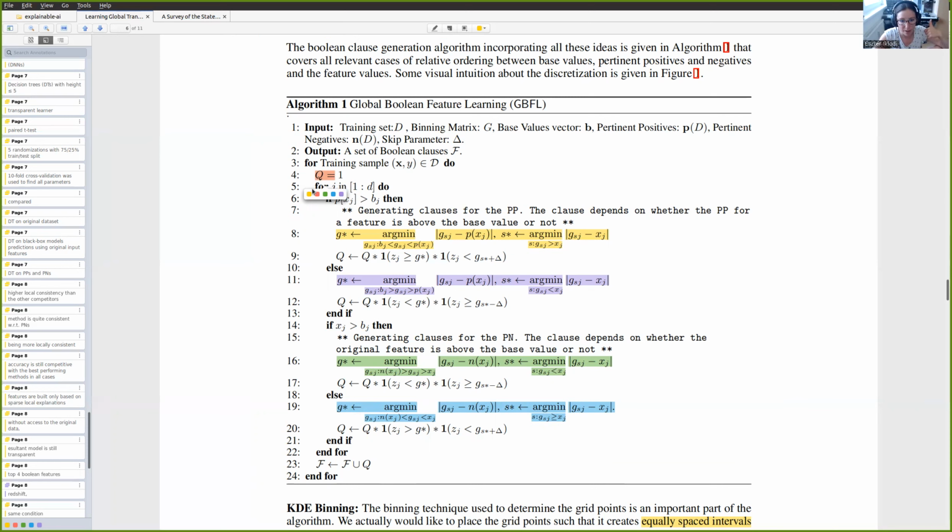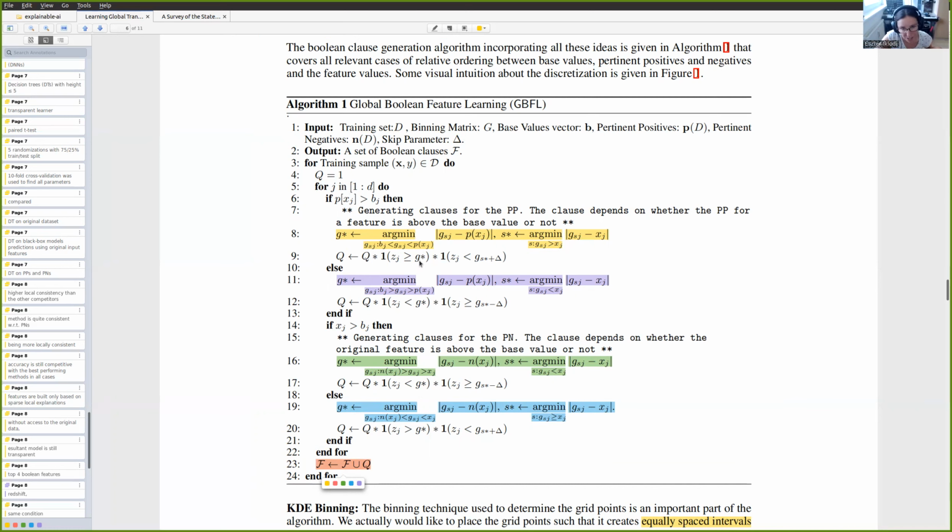And when we finish with one sample, we add it to the big set as a disjunction. So I think we add it to the set, which will be just a set of features. And this one big conjunction for one sample has at most the number of features times